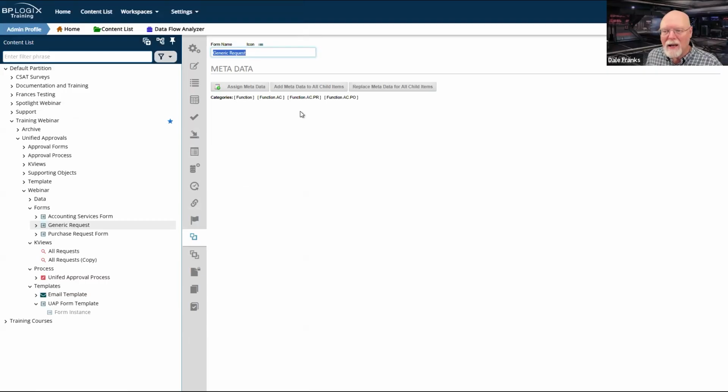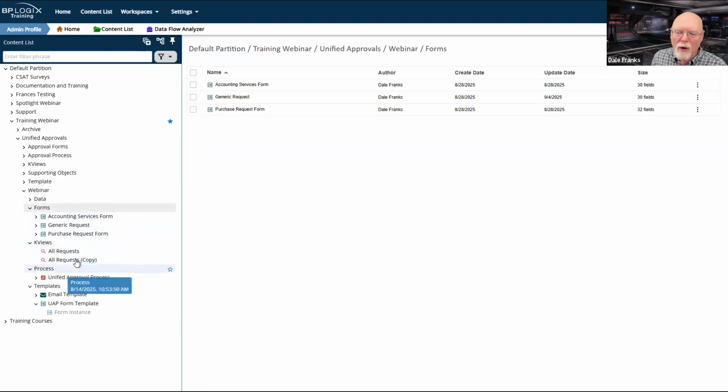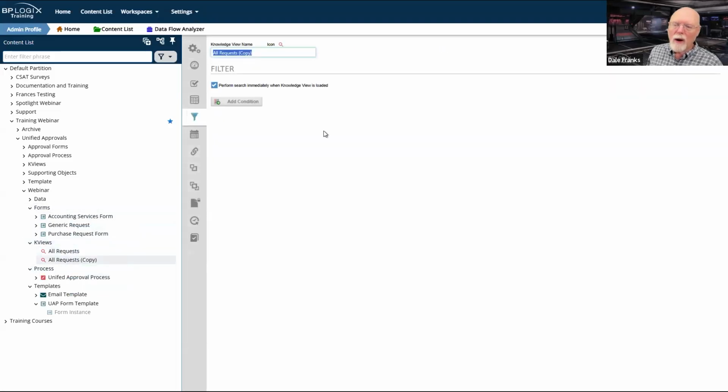So metadata does give me a little bit more flexibility, although I can constrain it just as it's initially constrained with the form fields. But by setting that, what that allows me to do, if I go back into my all requests copy here, and let me go ahead and save these form definitions. So what I should be able to do now, I didn't rename this, so let's just call this PR requests.